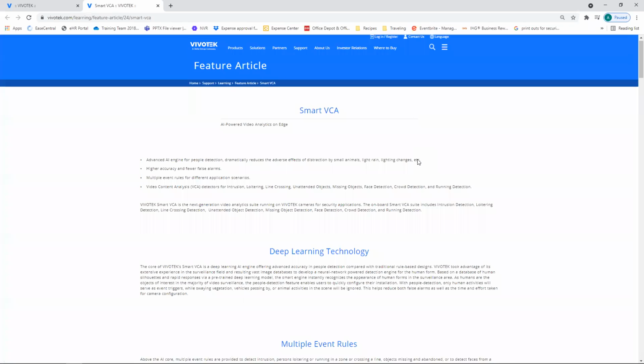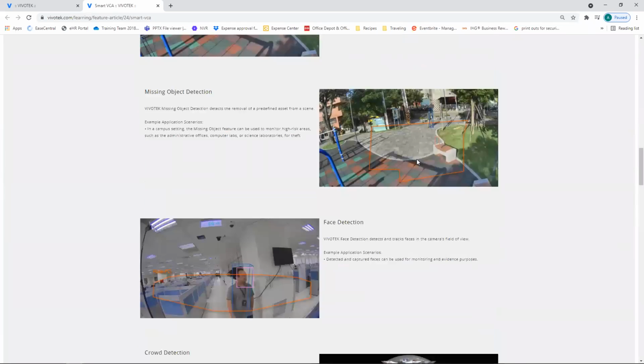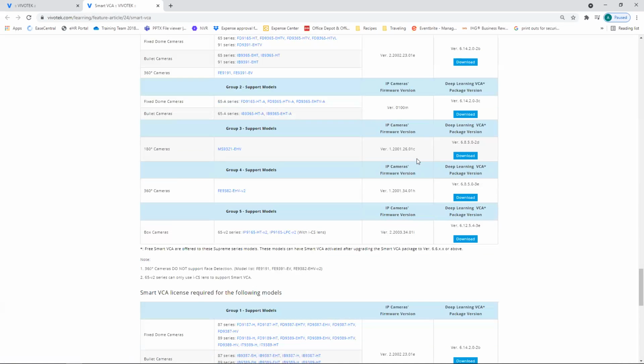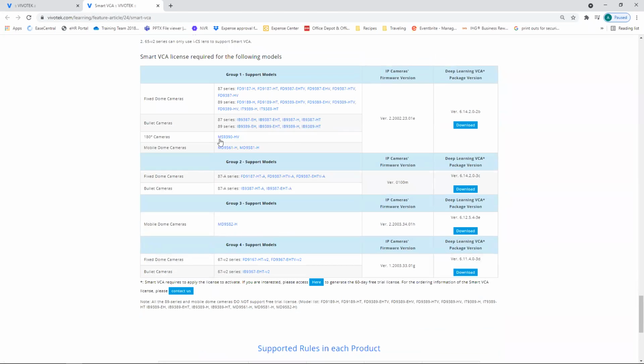This article is full of helpful information. If we scroll all the way down, it's going to tell us our different cameras and what firmware versions and deep learning package we need to have installed. So this one's the MS9390. The Smart VCA license is required for purchase for this one. I'll go over the licensing here in a little bit after the demo,